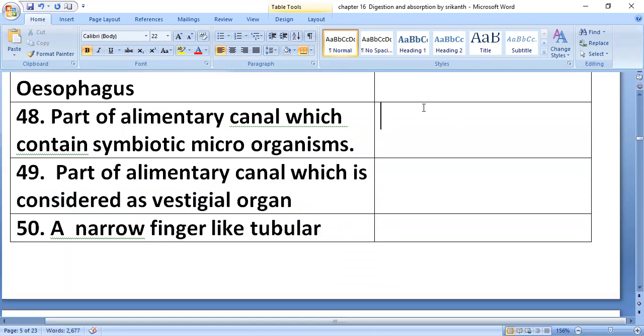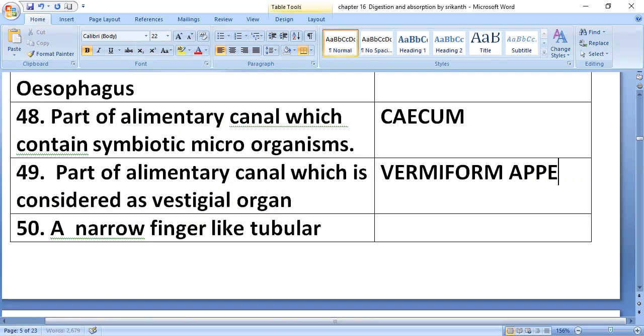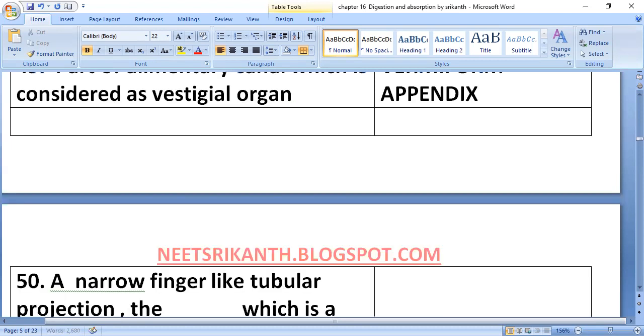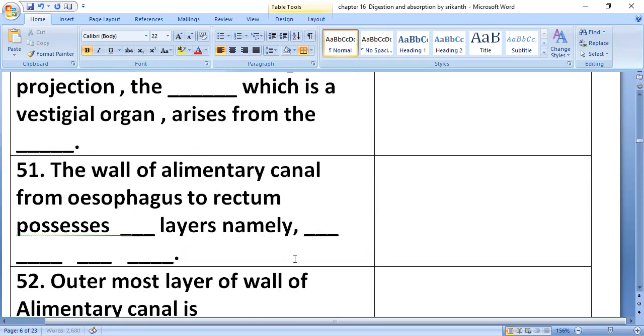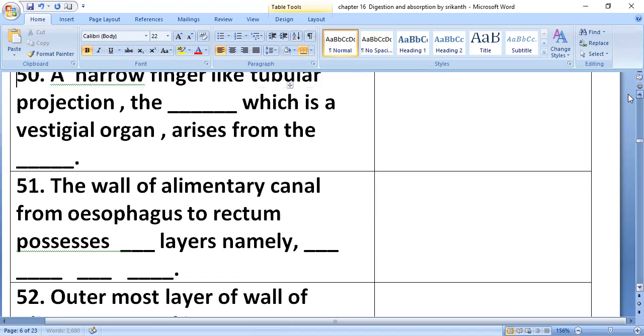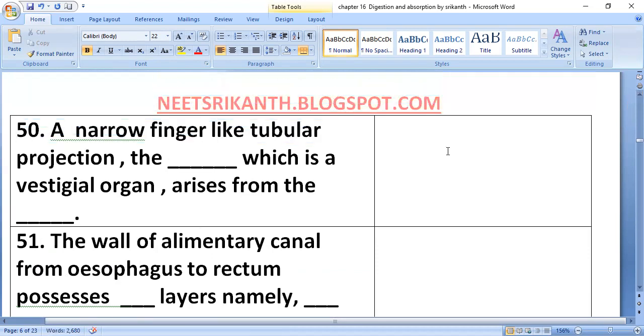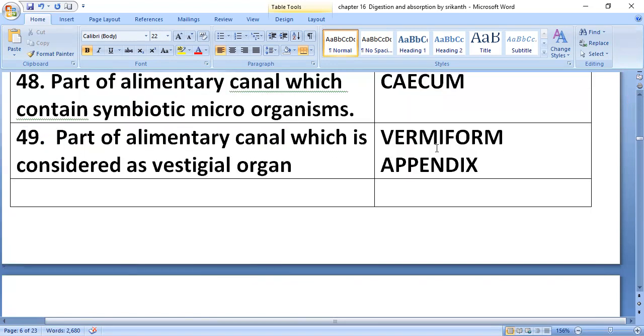Part of alimentary canal which contains symbiotic microorganisms. What is that? Cecum. Part of alimentary canal which is considered a vestigial organ: vermiform appendix. A narrow finger-like tubular projection, which is a vestigial organ,